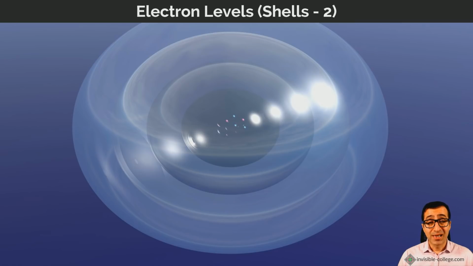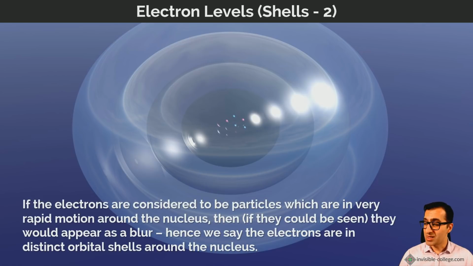So, if the electrons are considered to be particles, which are moving extremely rapidly around the nucleus at specific distances, then if they could be seen, which of course they can't, but if we could visualize them in some way, they might appear like this. So this is really just to get you to visualize in 3 dimensions at a GCSE level where the electrons